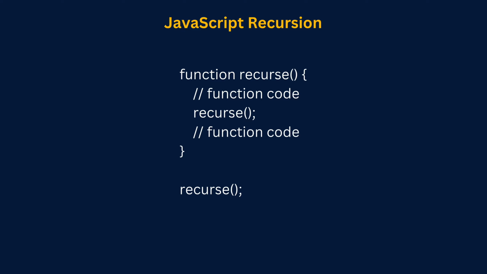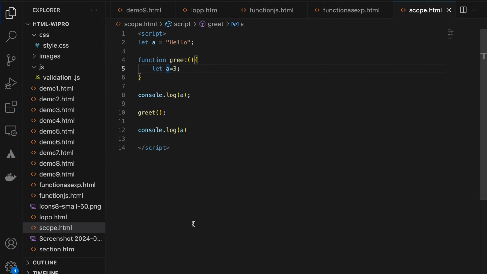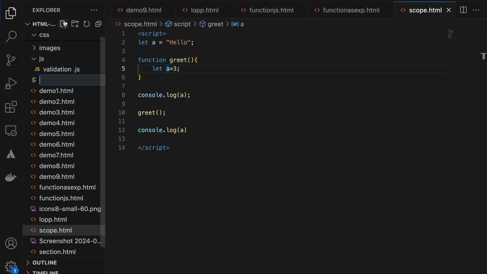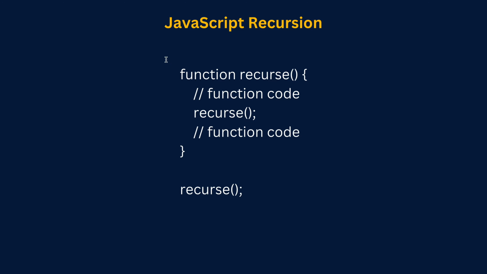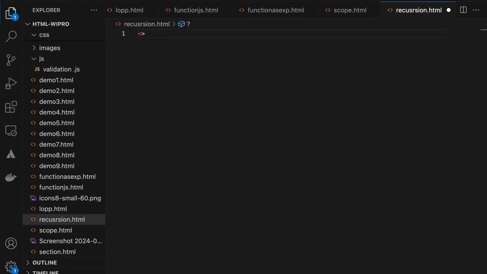Recursion. What about recursion? Who knows recursion? A function calls itself, sir. Recursion: a function calls itself, right? So I'm just writing